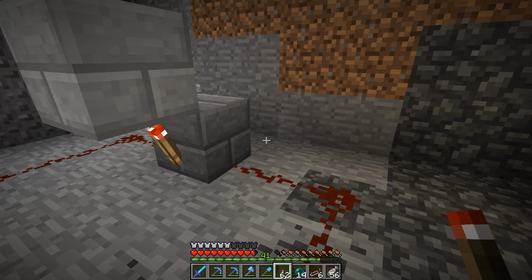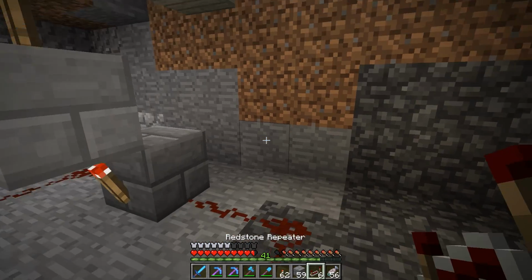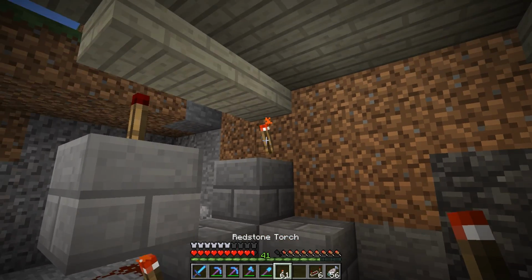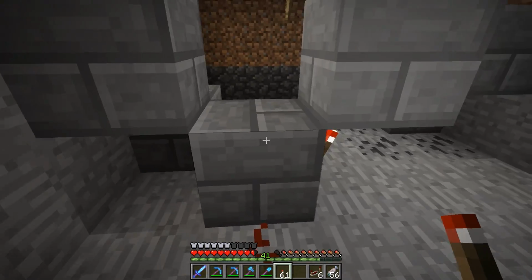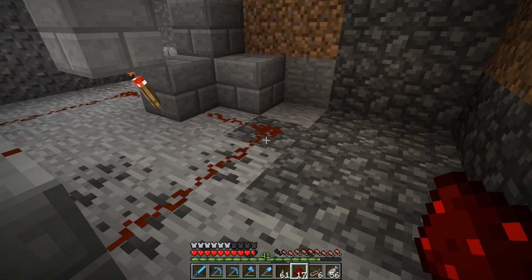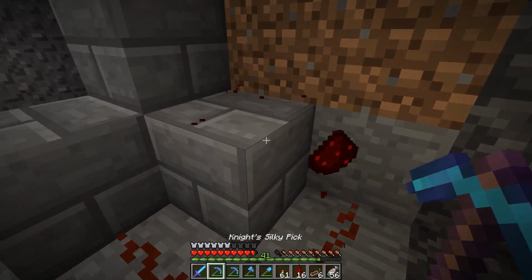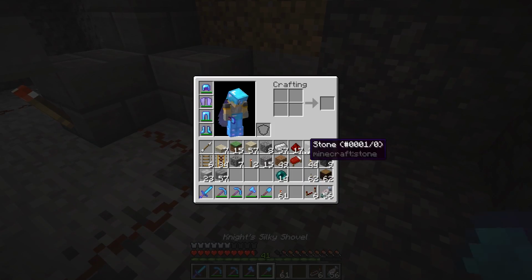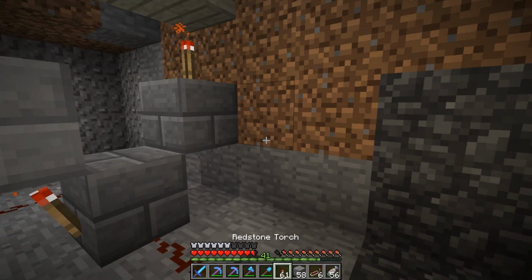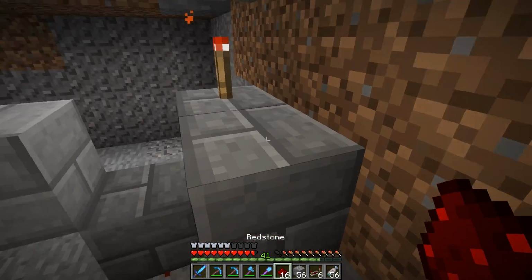Now, the other one, we said right side was send. Yeah. So this one, I also need to power here. And what I see, that's not gonna work. Let's just raise this up one block. That'll work. So we'll put that here and that here. And then this. Oh no, because that still won't power the